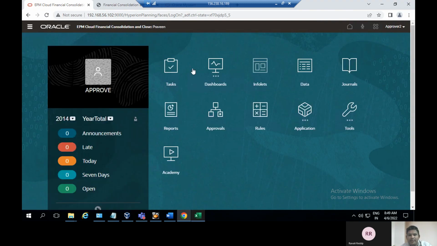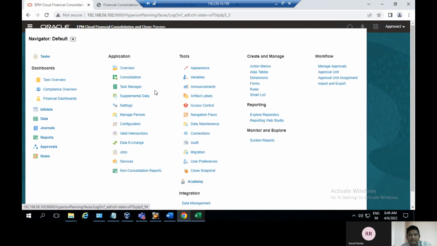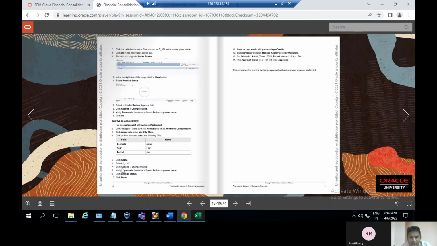Here the approvals will appear, and here you go to the navigator. First of all, go to the monthly close. You have to navigate to Advanced Consolidation. Click on Approvals and Monthly Close, and you have to filter the POV and click on Apply, and then